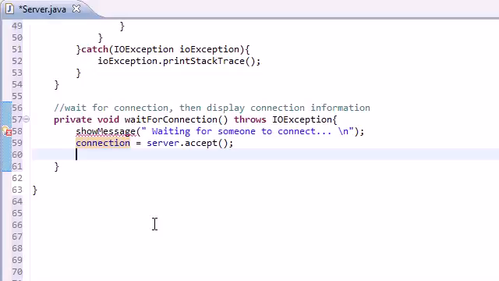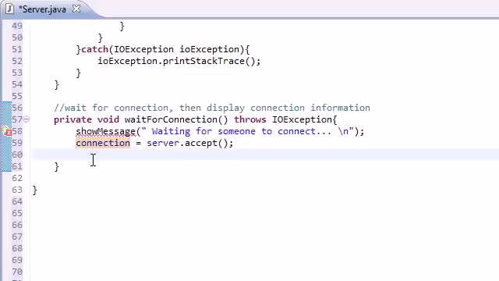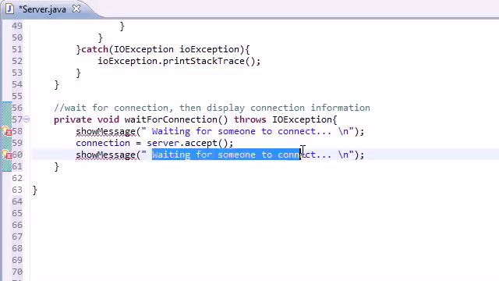So the next thing you need to do, now that you're connected to someone, is put another output message. Too lazy to type it. And I know I didn't use Control C, Control V. I know about it. I'm just too lazy to type with my left hand from time to time. So we'll just say, once you have a connection, now connected to, and